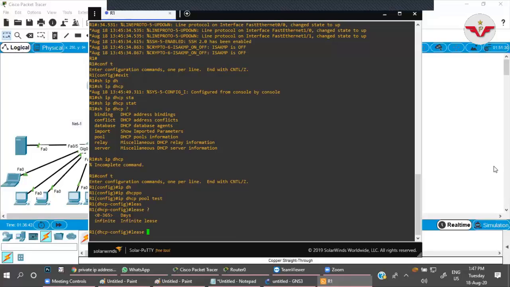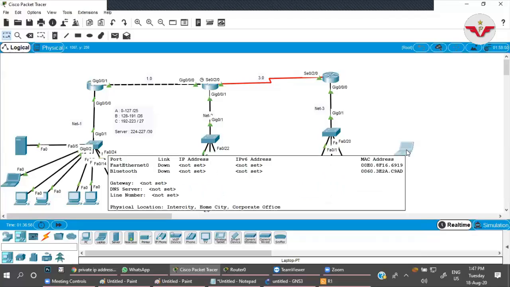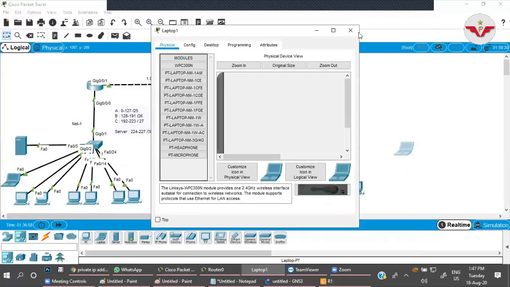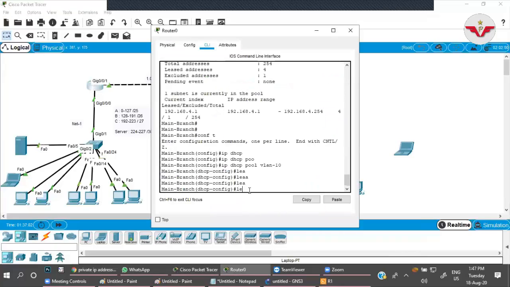The second command, if I want to map any MAC address for that particular PC, suppose I am taking a laptop over here in this network, I want a fixed IP address on this laptop. Okay, so for that also in Packet Tracer that command is not supported.